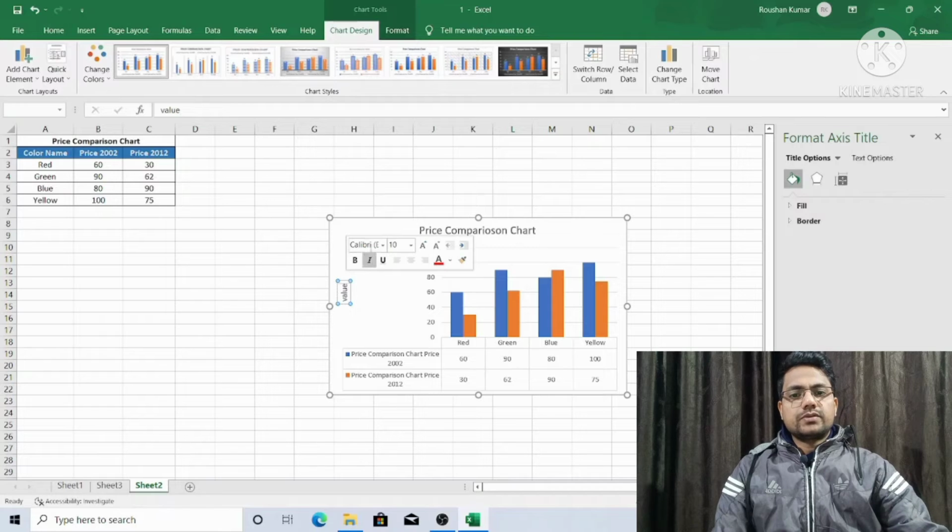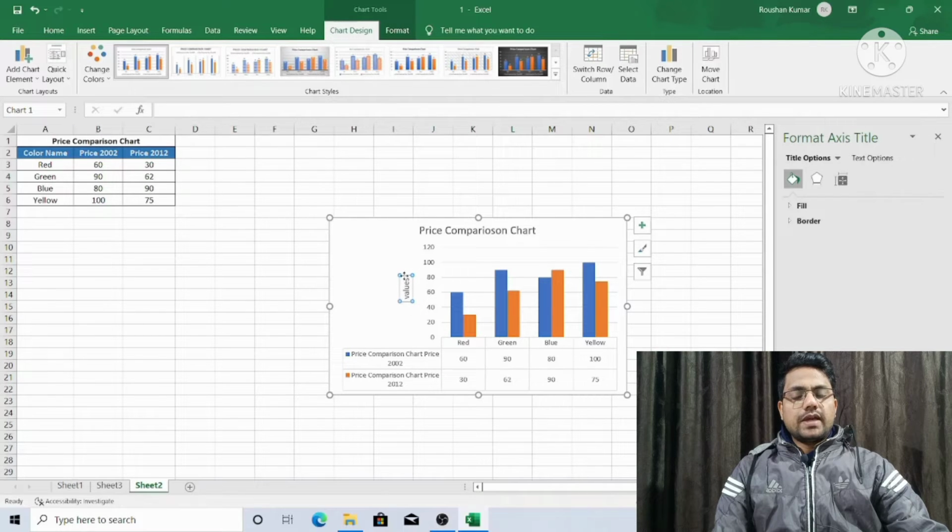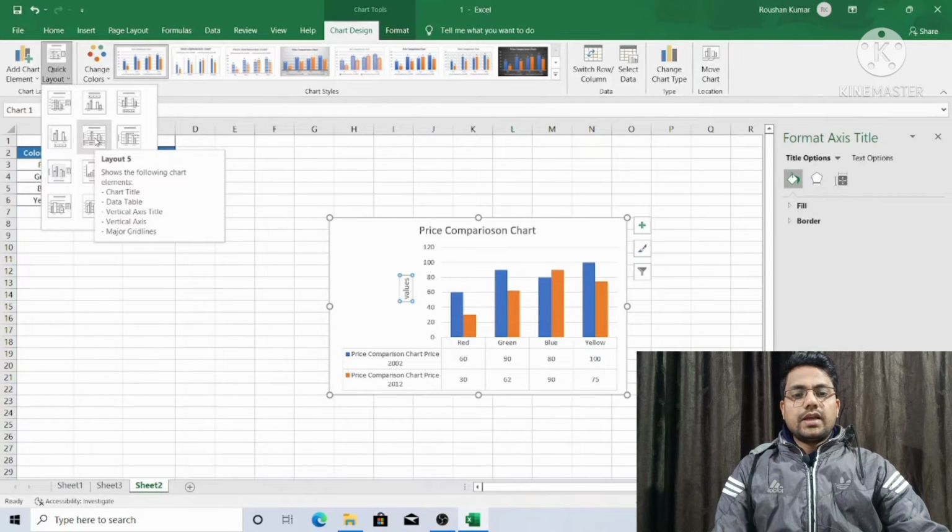So now the values came, so I have written values. Okay, so I can move this here also, and I can here, now you see, this is along the x-axis. Okay, the axis title you got, sorry, the vertical axis title you got, and then the vertical axis. So the vertical axis here is also given. Now you see this is the vertical axis. We have 0, 20, 40, 60, 80, 100, 120,